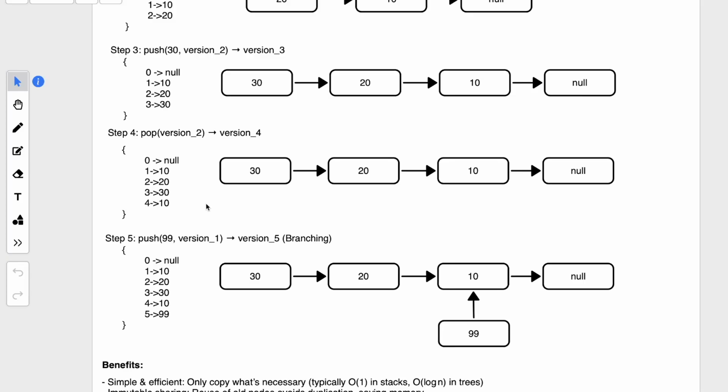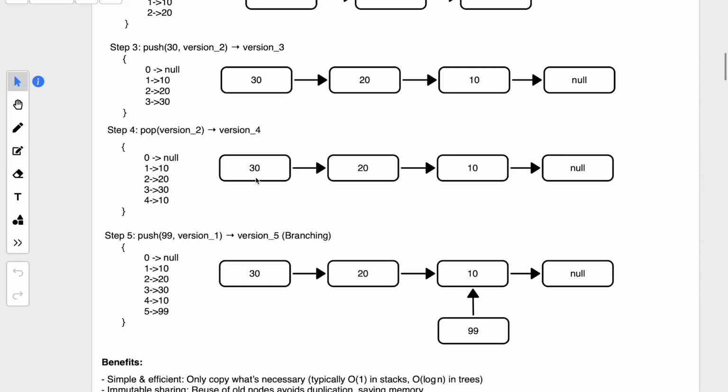you will just put a pointer reference. So version 4 will point to the 10. As you can see, you are not actually deleting or removing a node in the list, right? You are just maintaining a reference. Version 0 says null, but version 4 points to the node 10. So you're just storing the reference to this node. You're not actually making any deletions or any update in the stack. So the data is still the same, as you can see from the last diagram,